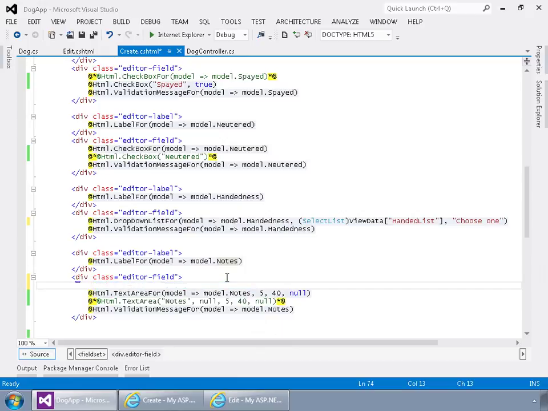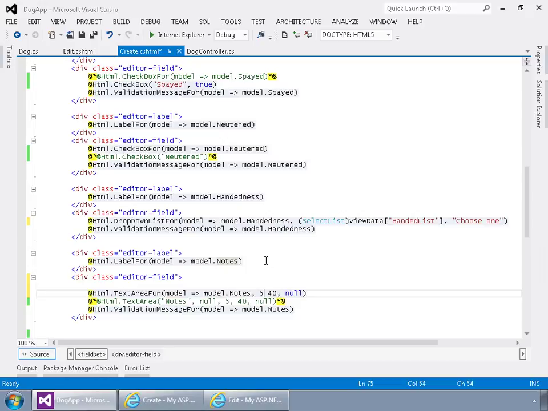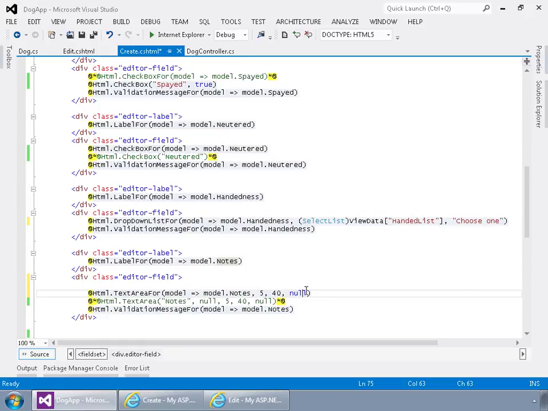But we have extended properties here, which the text area actually takes, so you can control the columns and the rows. Here we have the rows highlighted. Next are the actual columns, so left to right, that are in place. And then lastly is any HTML attributes that we want to add. The equivalent way of writing this, if you're not binding it specifically to a model, is you pass in the name of the element that you want. Here we want notes. This is a default value. And here again we have the number of rows and the number of columns, and then here are special HTML